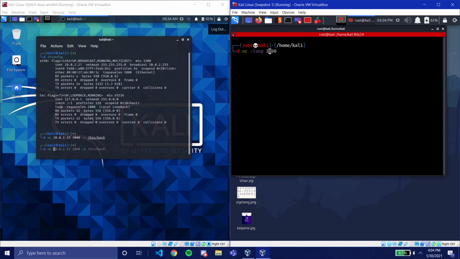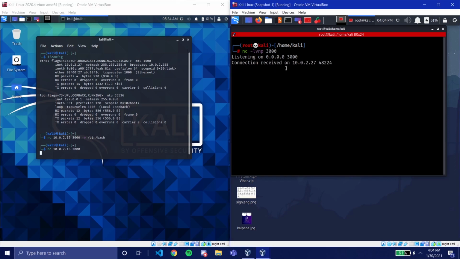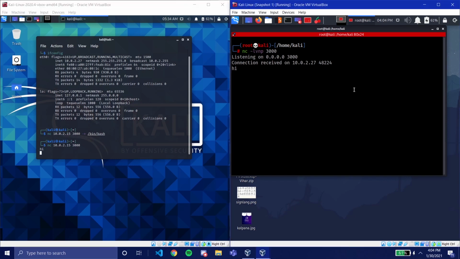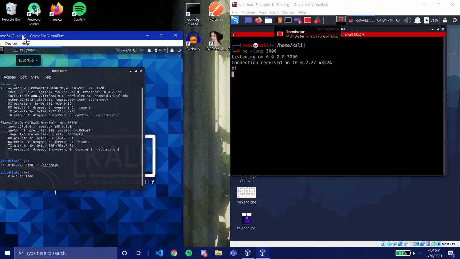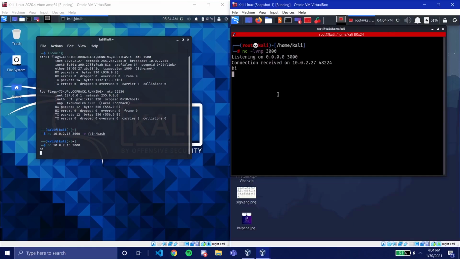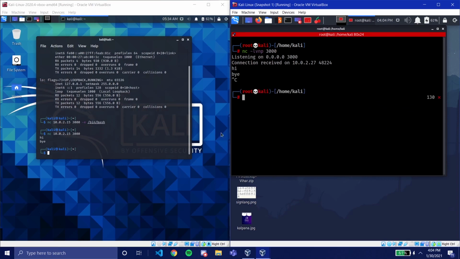So let's listen for connections on port 3000, and let's try to connect to the same from here. Now you can see the confirmation, connection received. If I type something here, like hi, it pops up on the second machine. In case it's not clear, this is one machine and this is one more machine. This was the machine we set up in the first class, and this is my personal VM I use. So it's a two-way connection. We put hi here, the message is received there, and similarly if I type bye here, it should be received there. And Control C to stop the connection.